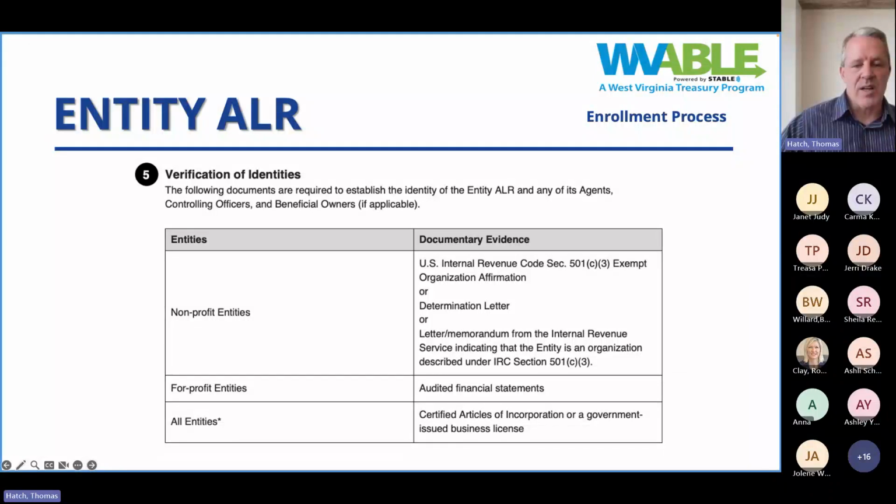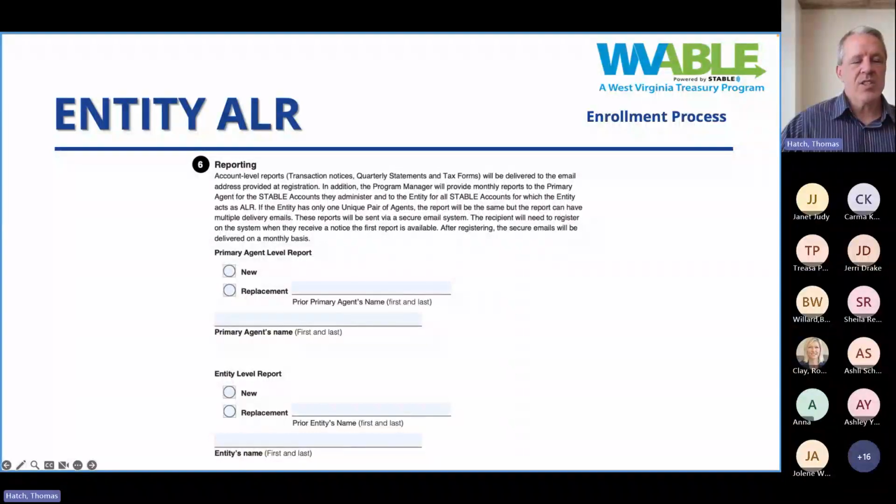The next is verification of identity. I won't go over this a lot, other than knowing that there are other documentation that are asked for. This is just simply to make sure that we understand that the company, the organization, the not-for-profit, whatever, that they are a real company. Some of this also may be reduced over time as we implement an online system where some of that stuff can be searched for through public Nexus, Lexis, and other types of systems. But this is, again, just for the ability to say, we know that you're legitimate and we want to move forward with this structure.